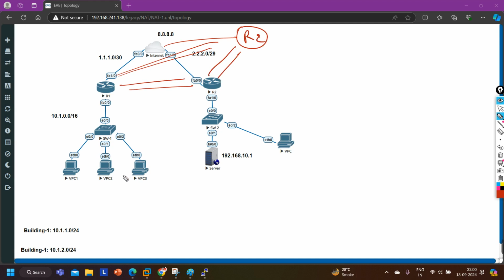Here I can configure one GRE. For each tunnel we will be using a different subnet, a different IP address.